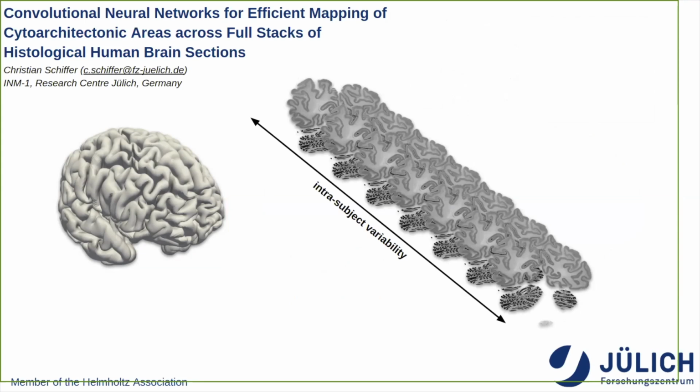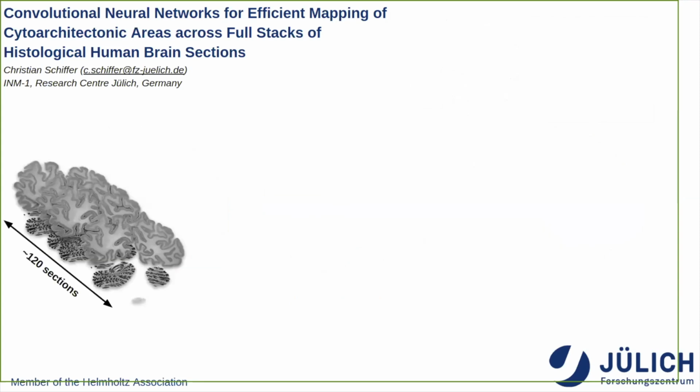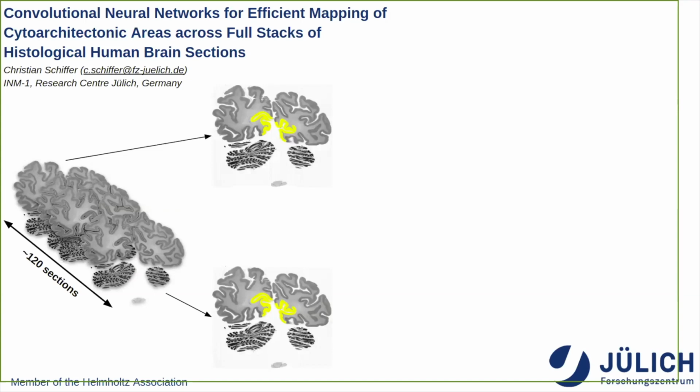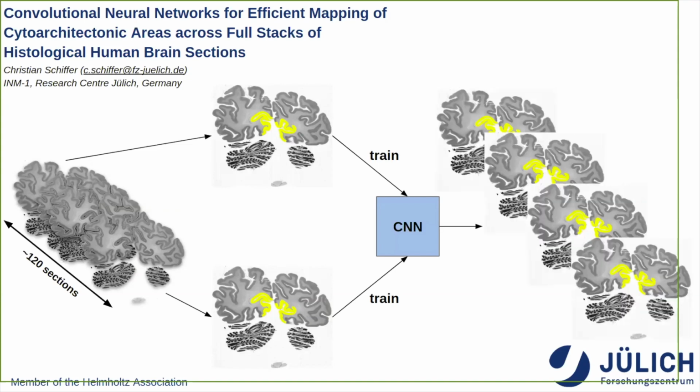So as a next subdivision step, we focus on just a small substack of sections. Such a stack may, for example, be composed of 120 sections. Then we assume that only the outer 2 sections of the stack are annotated by neuroanatomists. We then use these 2 annotated sections to train a convolutional neural network. By training only on these 2 sections, the network highly specializes on the local cytoarchitecture and morphology of the sections, and in the best case can then be applied to all sections in between. So in this case, we would need to annotate 2 sections and would be able to map